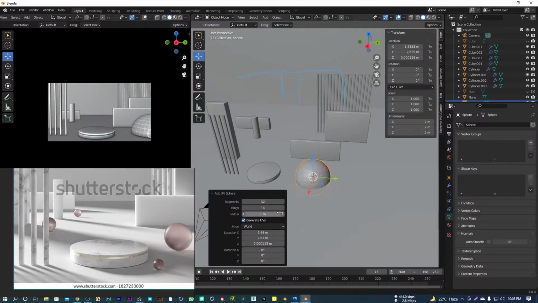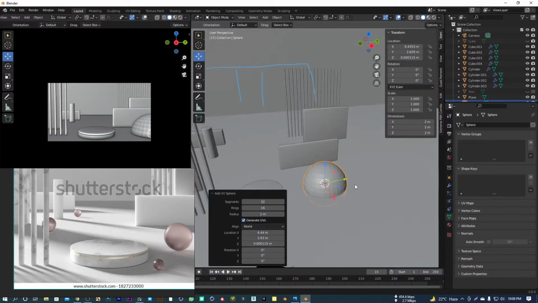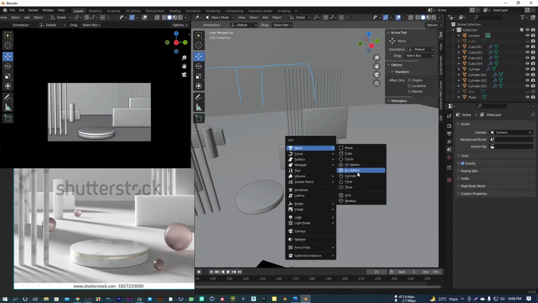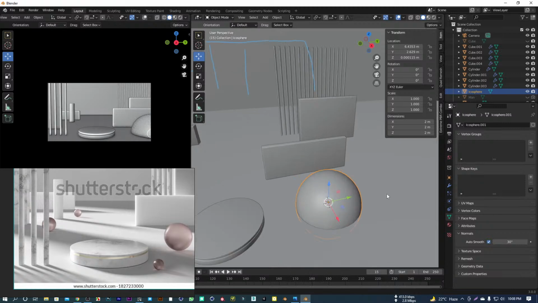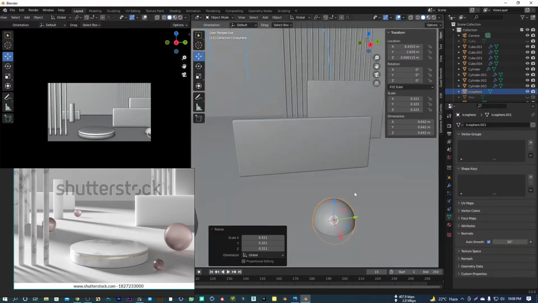I'm using UV sphere or icosphere, whatever. Shade smooth, auto smooth. Just